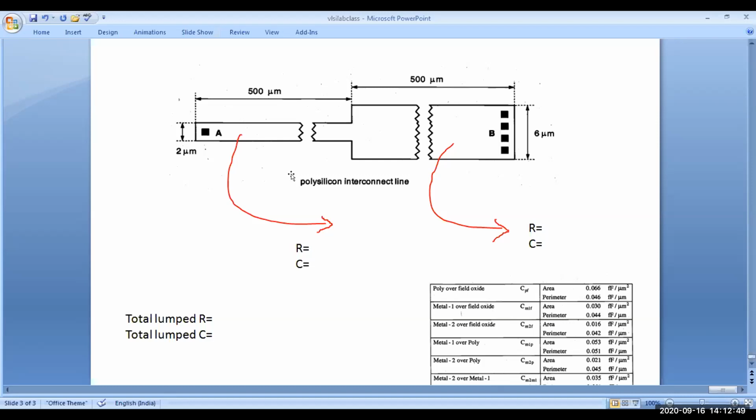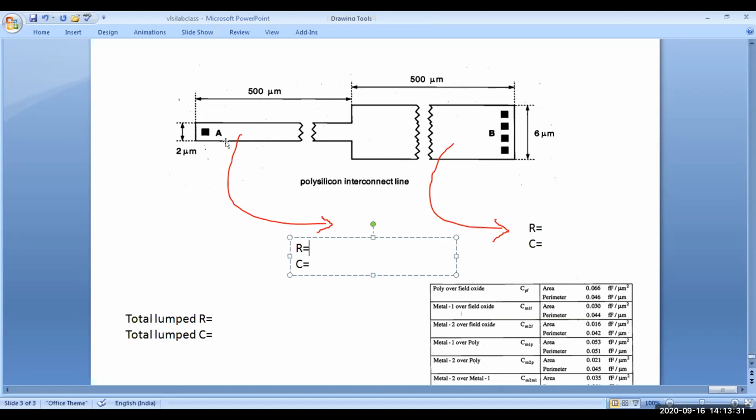There will be some differences, and we are going to compare how the lumped RC network is overestimating parasitics. As the width is different here, the parasitics R and C will be different for this and different for this. First, the width here is 2, means W is 2 and length is 500. What do you think the resistance will be? For this let the resistance be R1, and for this let the resistance be R2. Let us now calculate the lumped resistance first.